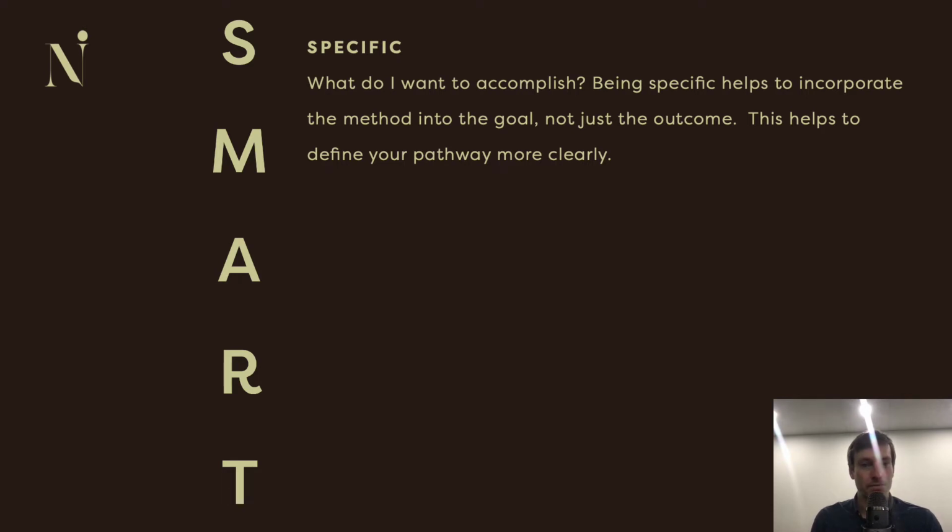Nail it down. Another example, I might like to watch less TV. Sure, this is probably a good goal. Decreasing screen time is probably good for all of our mental health. But instead of saying, my goal is to watch less TV, say, I'm going to limit myself to 1 episode of Netflix per night. Or I'm going to read for 15 minutes instead of watching TV at least 4 nights a week.